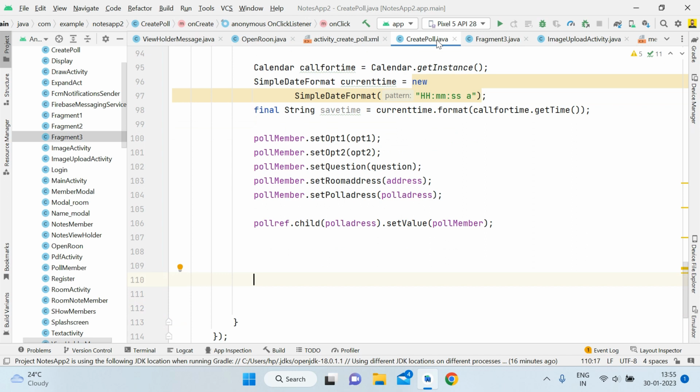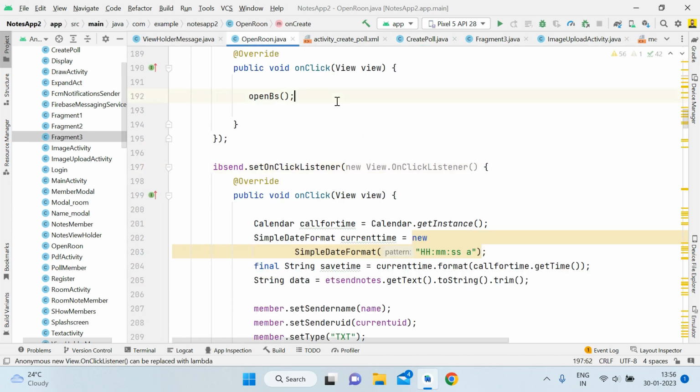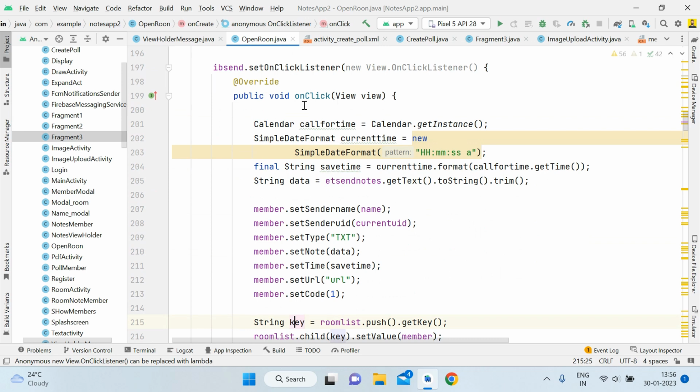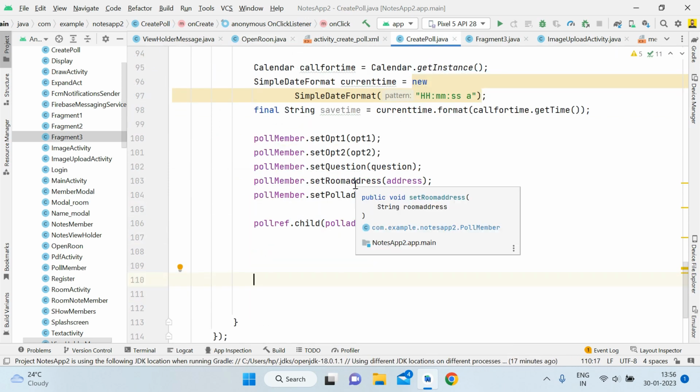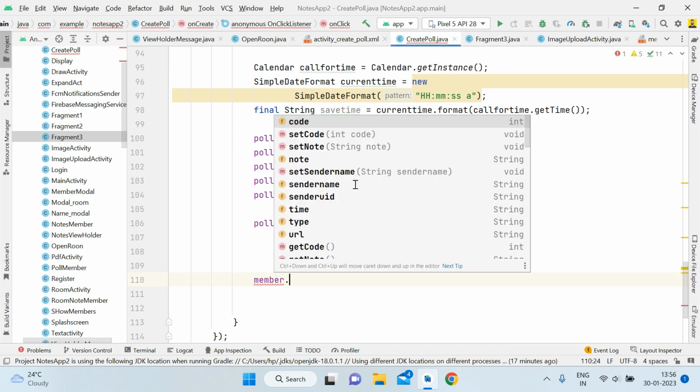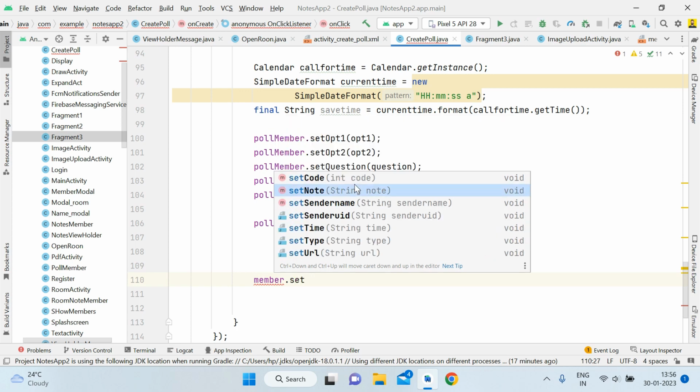See, now what we will do is simply store the data with the room list reference. For example, normally when a user sends any message, we store the data inside this. Now see how I will do it. After that you have to simply write member. It is an initialization class for room node member. So for room node member, first of all we will write set type,